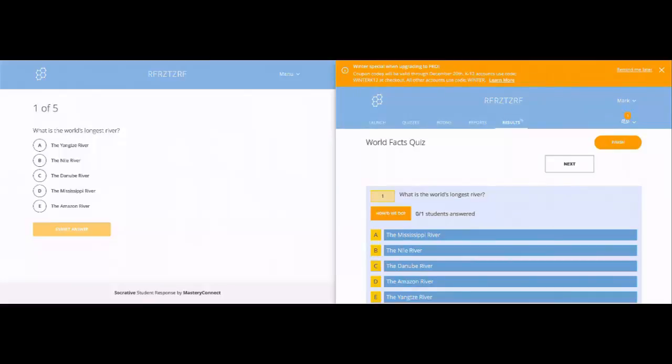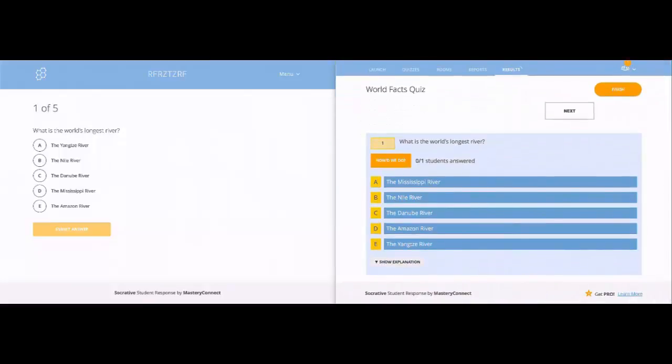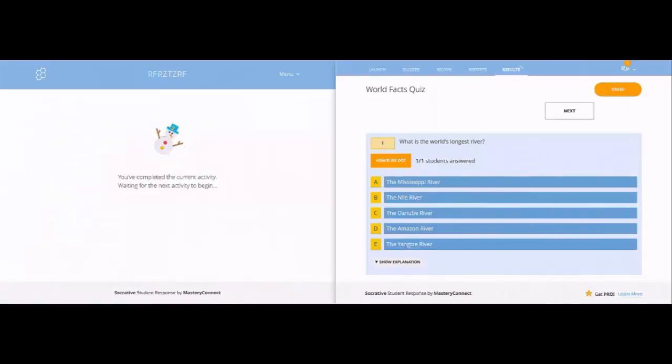I did my spiel however I want to teach it. And so I'm going to put these questions in here, and you'll see what happens. So I'm going to say, let's see, I wasn't really listening, so I think it might be the Mississippi River. I put it in there. I click submit answer, and we see that the student is now waiting. And on the teacher side, I see that one student's answers. You can see how many students have answered out of all your students. I can look at how the students did. I see that 100% of my students, all one of us, answered the Mississippi River when the correct answer is the Nile River, because I have that question in there. Okay, so I know that there's something I need to reteach at that point.